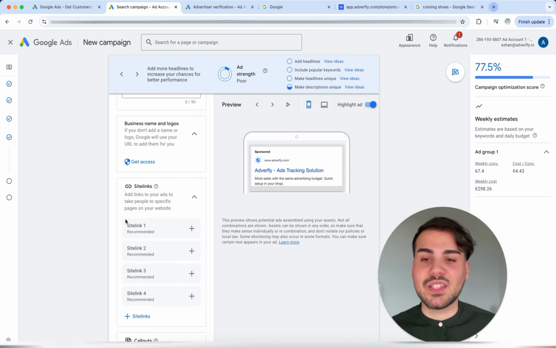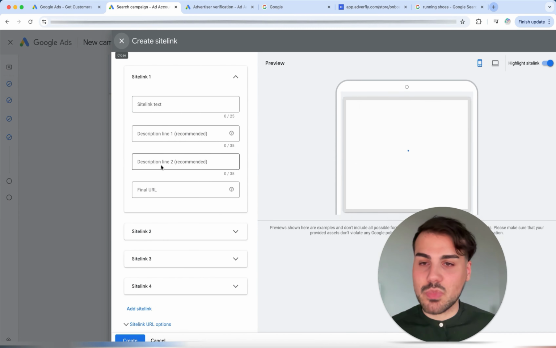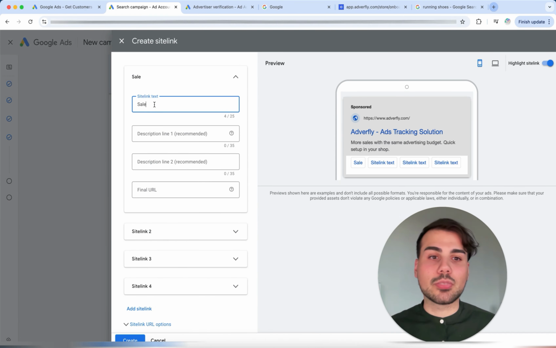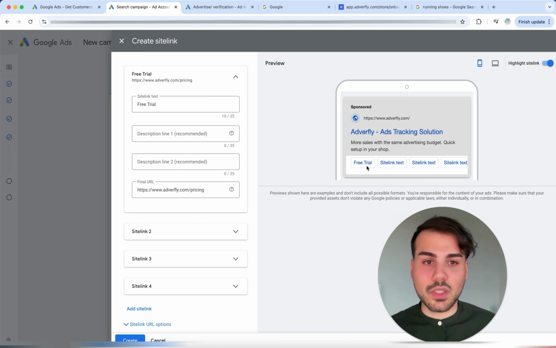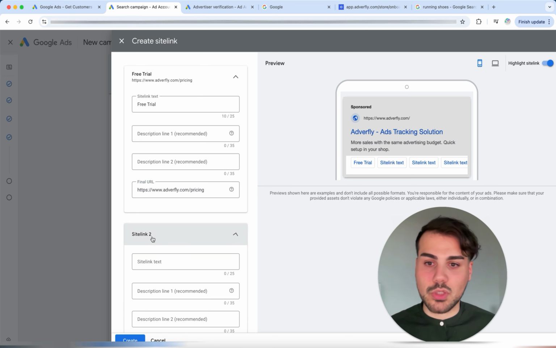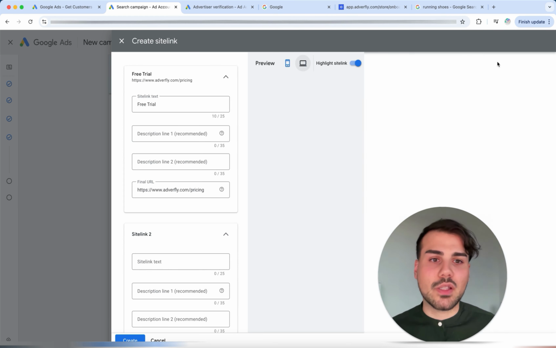Then we have the site links here, and a site link is usually always when something else is added down here. It then looks like this. I can, for example, do the following. Then you can add sale, which you can see down here on the right. In this case, I'll simply choose free trial. And then I can simply click on, for example, forward the sub URL such as what we typed here. As we see here, it is this. Then I can, e.g., add also more things here, which is of course also possible if, for example, you now have an online shop, an about page, or if you, e.g., have other things like a contact form, you can fill it up more here, which will give you even more space.